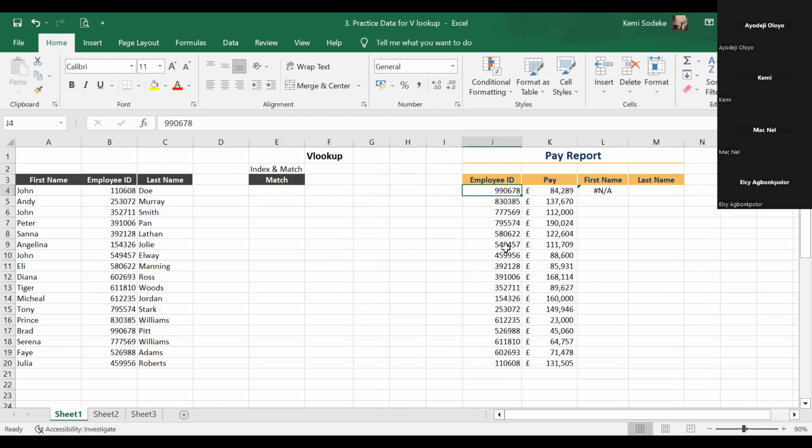We're looking up employee ID in cell J4. So we want to find the position of this employee ID on this table, on the table on the left. And we're going to use a match function to find that. So it's going to be equal to match,